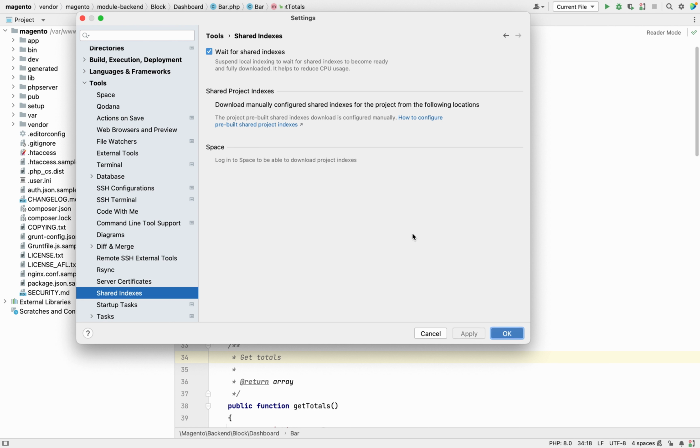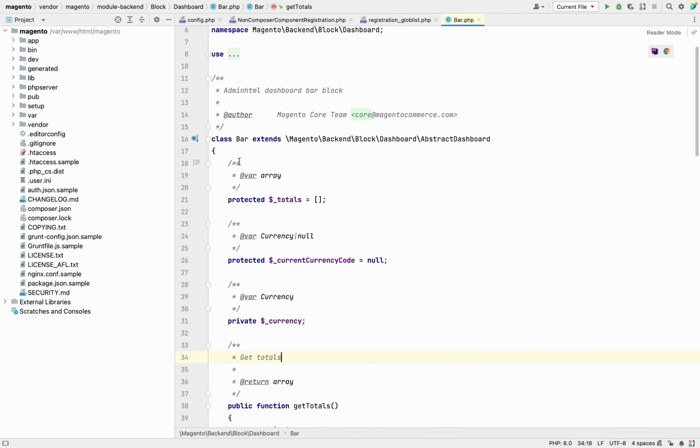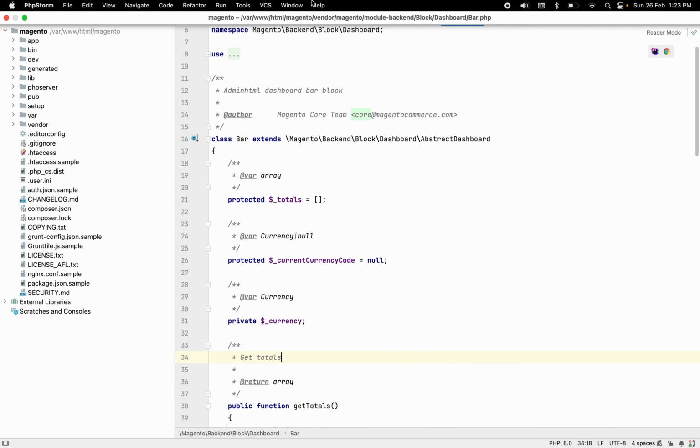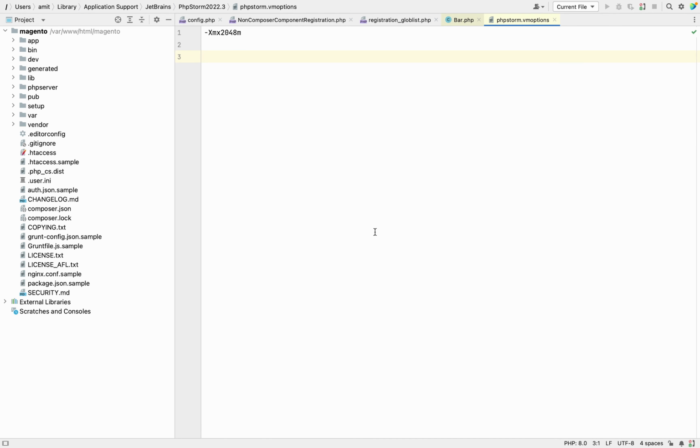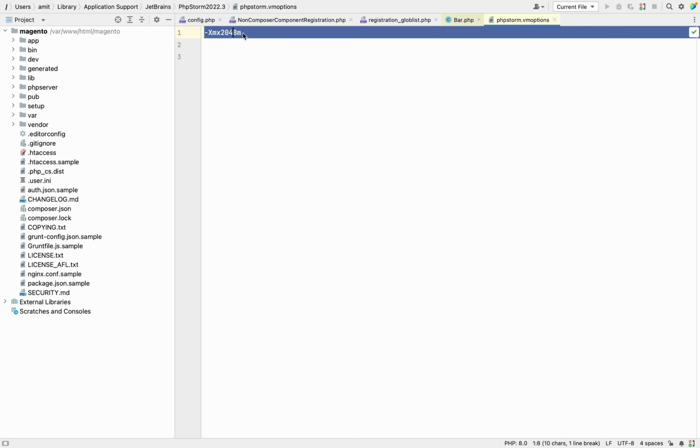Next thing that you can do is increasing the heap memory size of your PHP Storm. You can do that by going to the help section, where you will see the edit custom VM options. Click on that and you will see the currently configured heap memory size. Right now it is 2 GB. You can try to increase it to 4 GB.